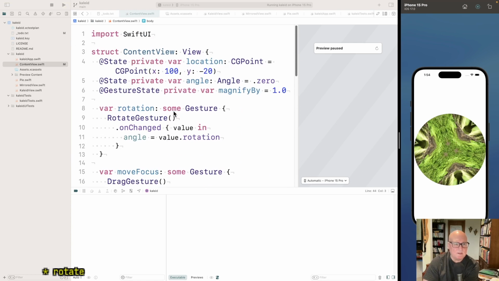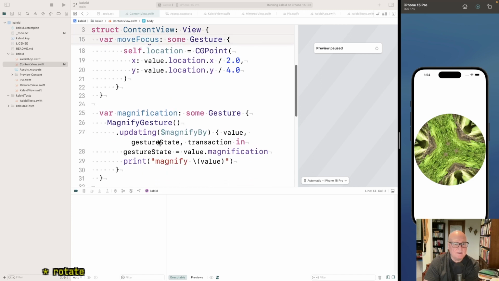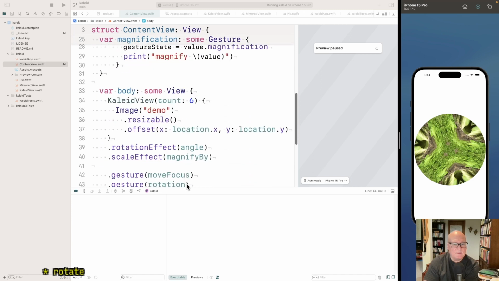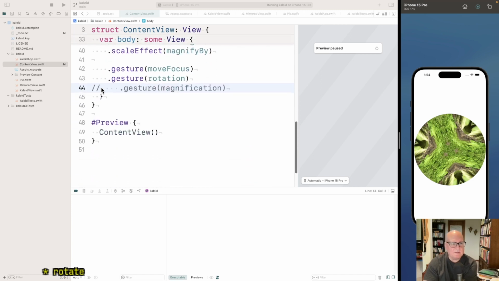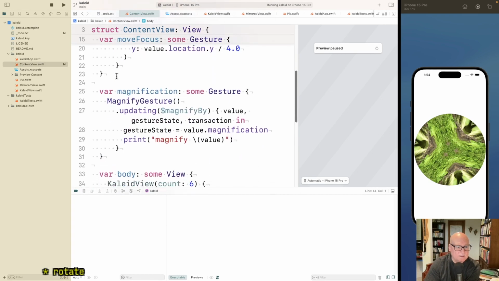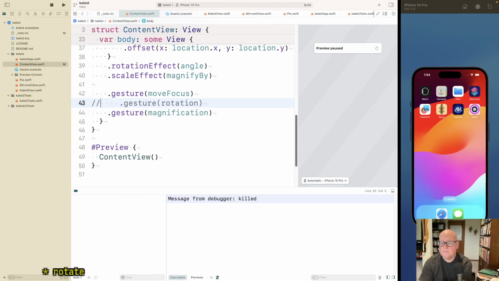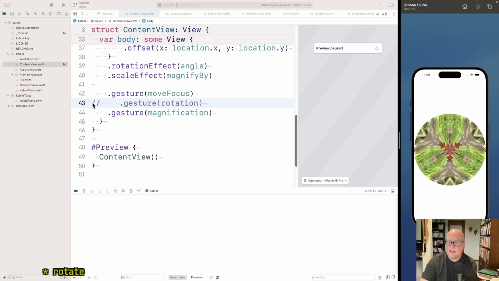I don't think rotation gives me the whole thing, but magnification did. So maybe I need magnification, and I'll take out rotation. I don't know. I may be worrying about a lot of stuff that's not going to matter, but